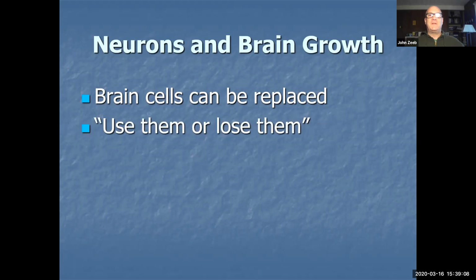So now we've come to a really important part of this particular chapter and the class in general. It's this phrase that we use: use it or lose it. Research basically shows that if neurons are not stimulated, they can die. See, it turns out that we are born with way more neurons than we actually need. And so we have found that the brain goes through this natural pruning process over time. So the point is that if your brain is not being stimulated, some of those losses would be